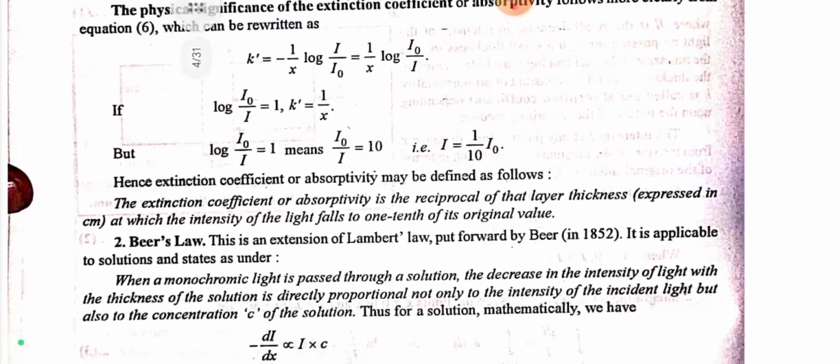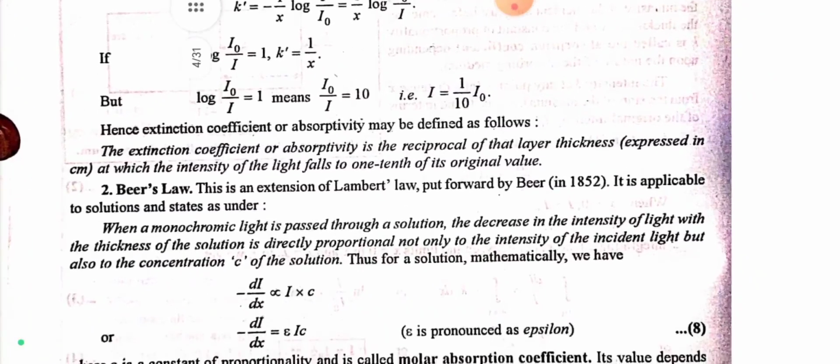Second, Beer's law. This is an extension of Lambert's law put forward by Beer in 1852. It is applicable to solutions and states as under. When a monochromatic light is passed through a solution, the decrease in the intensity of light with the thickness of the solution is directly proportional not only to the intensity of the incident light but also to the concentration C of the solution. Thus, for a solution, mathematically we have